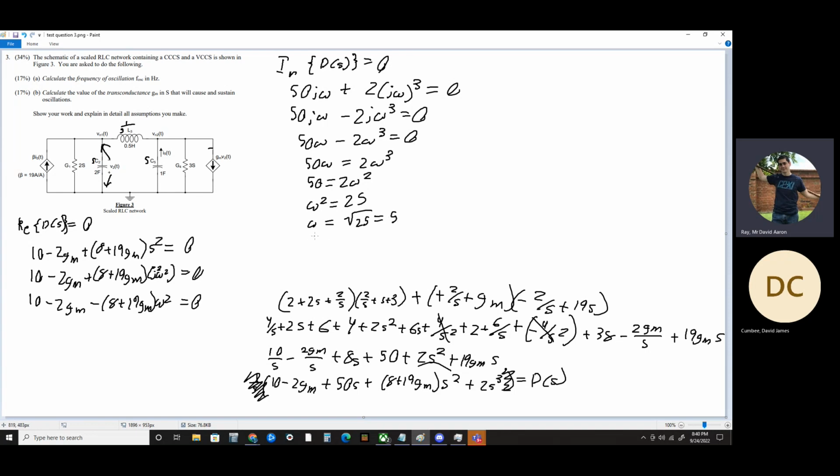And then from there, F0 is going to equal 2 pi F. It's going to be omega 0 pretty much. 2 pi F equals omega 0. So you just move it over: F equals omega 0 over 2 pi equals 5 over 2 pi. And then that equals, let's see, 5 divided by 2 divided by pi is equal to 0.795